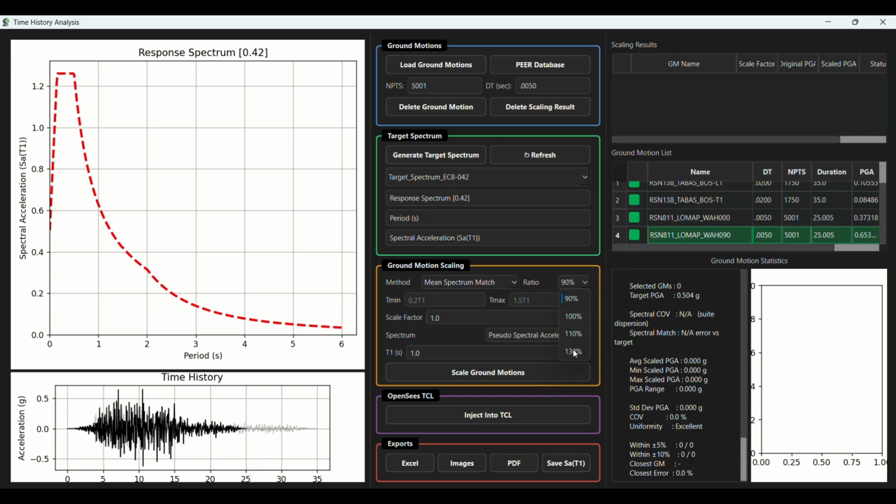There are 4 scaling methods. Mean spectrum match scales the set's mean spectrum to the target. Individual spectrum match scales each record on its own to best match the target. PGA match scales each record so its peak ground acceleration matches the target. All 3 of those need a target spectrum selected. User scale factor is the exception: one manually specified factor, applied directly to every checked record, bypassing spectrum matching entirely,